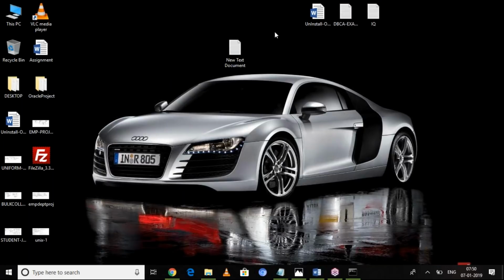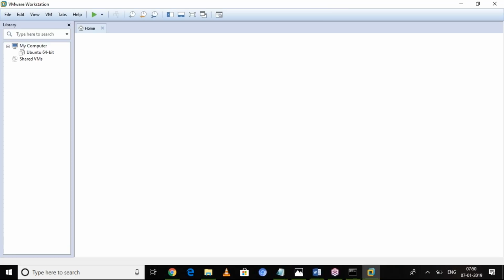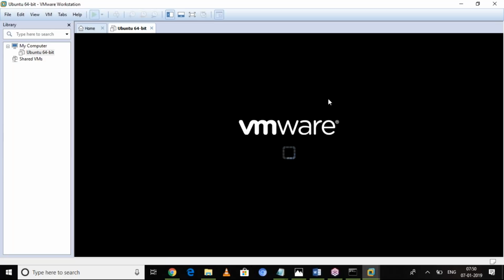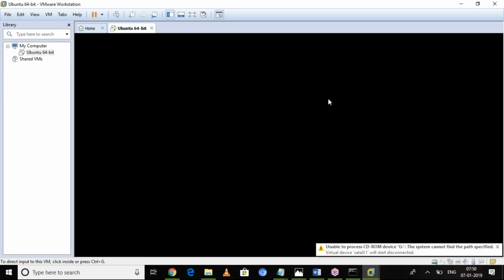In VMware you can install Linux. Here I installed Ubuntu. So power on this virtual machine. If you want to work with Linux, just start VMware and then start Linux.